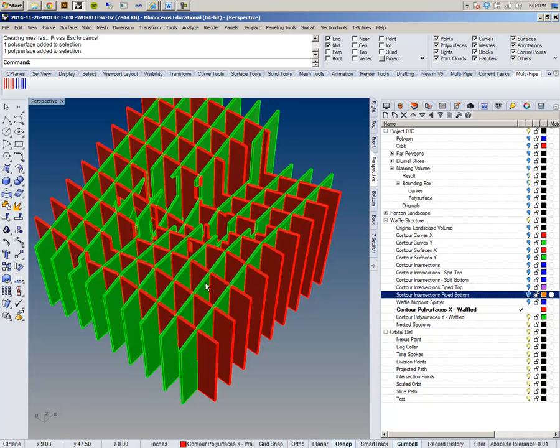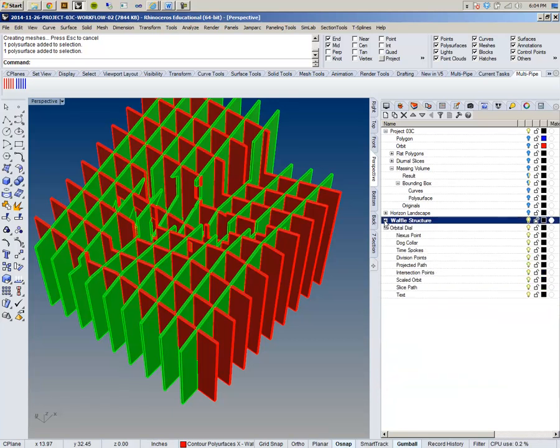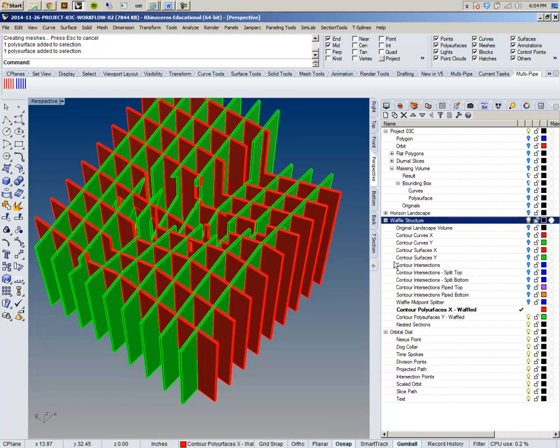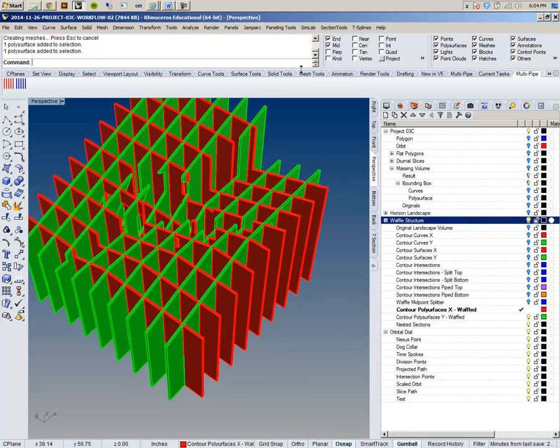You can either lay it out and print it out, cut it, or laser cut it, whatever you need to do. You still need it flat and organized, right? So we need to lay it out. There's a ton of different ways to lay it out. What I'm going to do is use the section tools